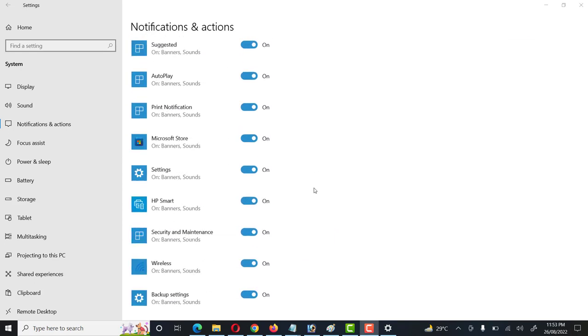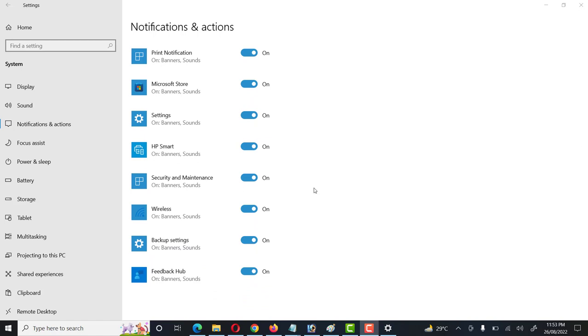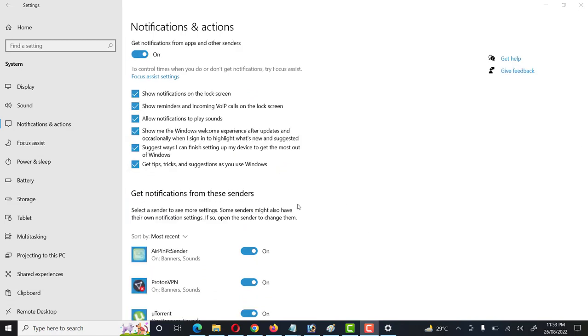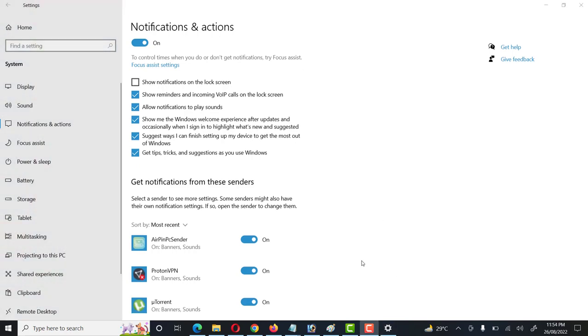Back up top, you probably want to disable these options to show notifications on the lock screen. Here is the show notifications on the lock screen option. We can enable or disable this option by clicking on it. Friends, as you know, a notification can sometimes display your private information like email or WhatsApp messages,